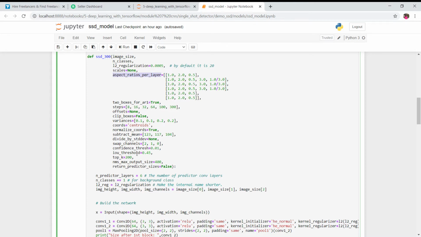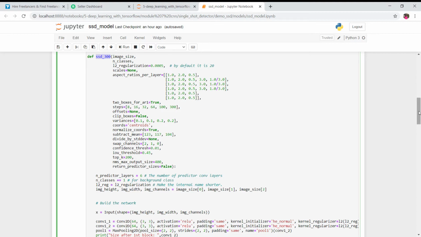And these are the other coordinates, and what intersection over union threshold we want to use, and what confidence threshold we want to use. So all these things are the important parameters required while writing this SSD layer architecture.